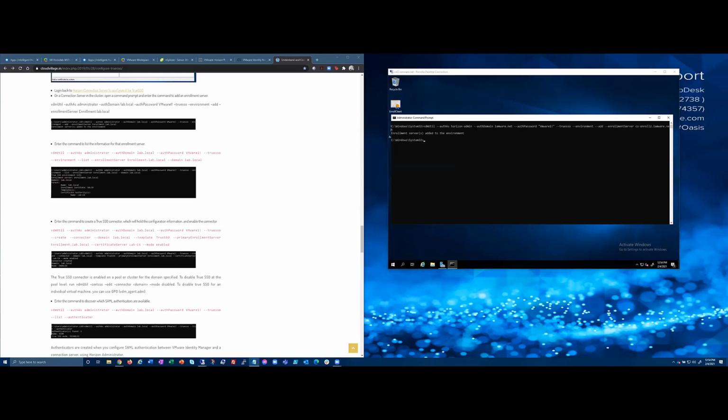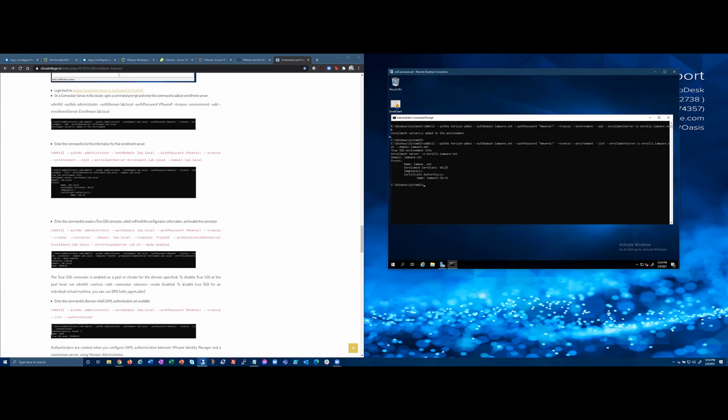Now the next step, we have to create, copy this one, paste it. So now we're going to list, and it should give us the information we need going forward. So this is the enrollment server 2 is what we're doing. This is the domain. The cert is valid, and my certificate authority. So I don't have a forest. We're just doing the domain, right? Now we're going to take that information that it gave us,